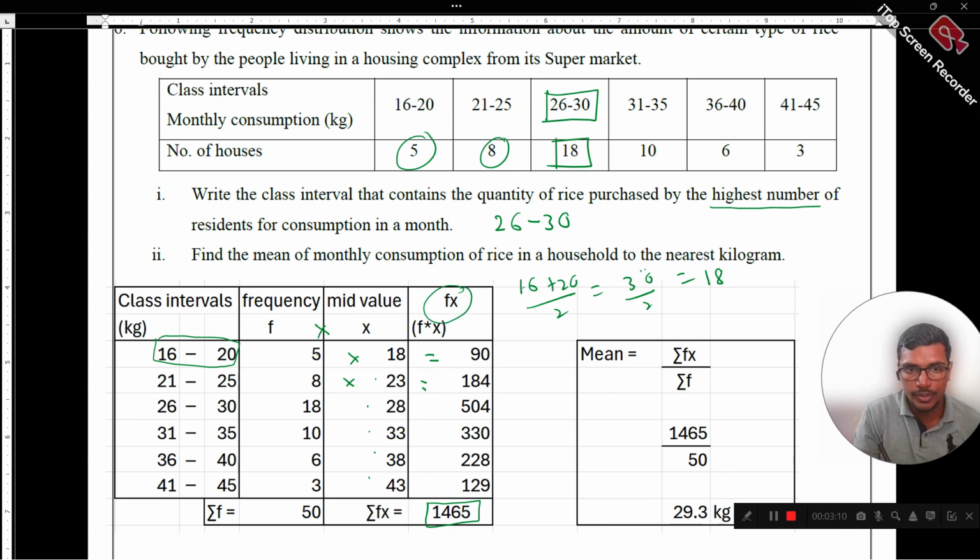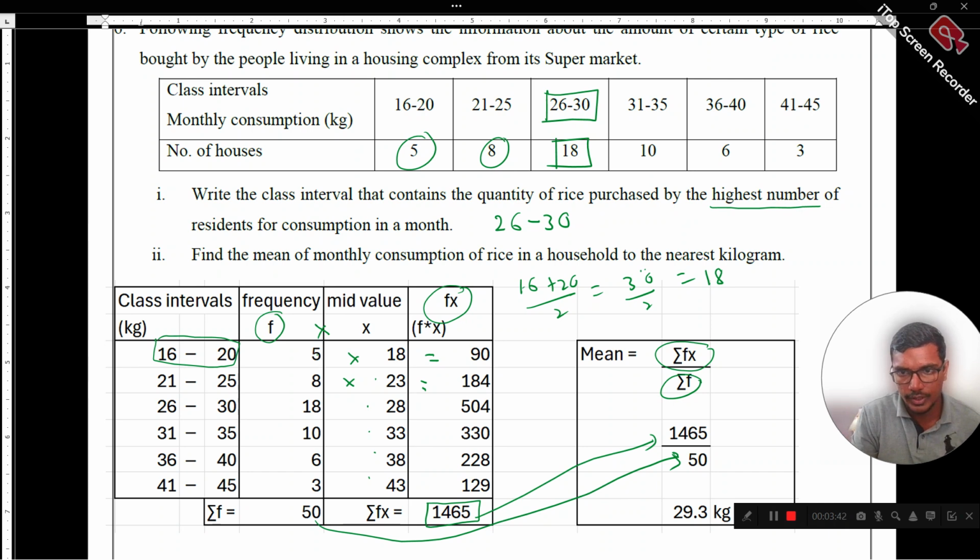And then we should take the summation of the frequency column. Summation means we should add all those. Then after that we can find the mean. Mean will be equal to sigma fx over sigma f. Sigma fx value is 1465. Sigma f value is 50. When you divide those, the answer will be